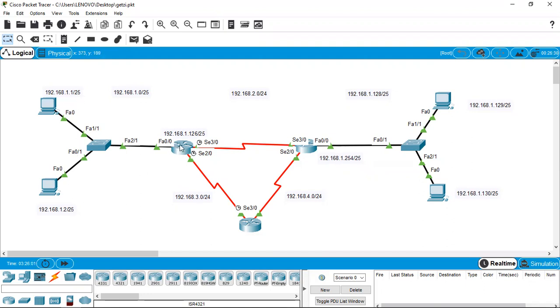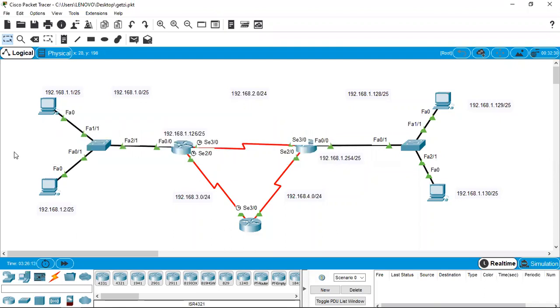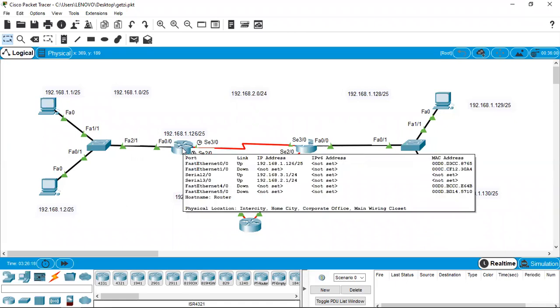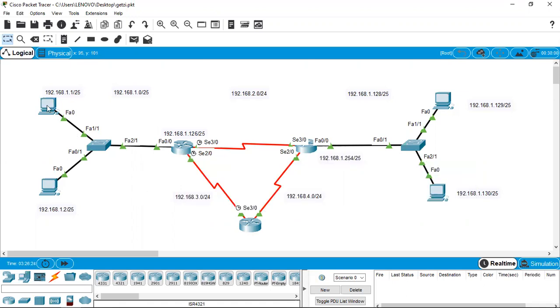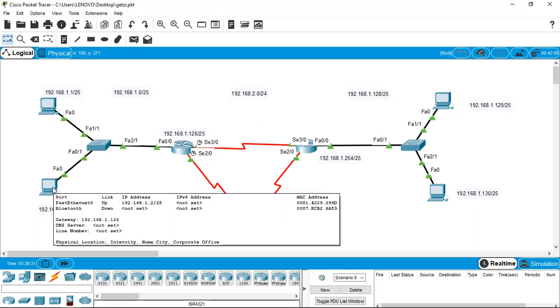For easy access, I have also highlighted the specific IP addresses of these machines, including the IP address of the router's interface, which is the default gateway for these devices. So we can verify whether the assignments are done already. To make it quicker and easier, I have already done the assignment. So the router's FastEthernet must have 192.168.1.126, and the rest remains the same. 192.168.1.1/25 is given, and the gateway is 192.168.1.126. Here again, the gateway is 192.168.1.126.